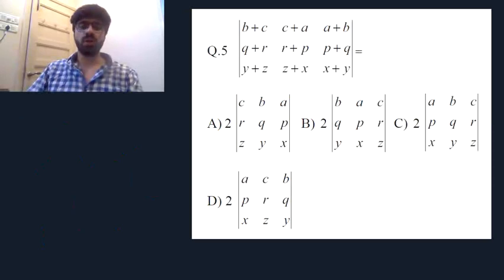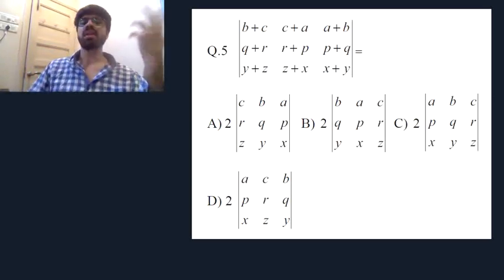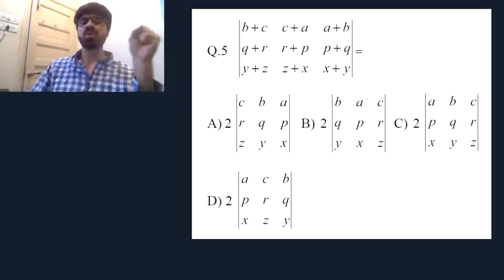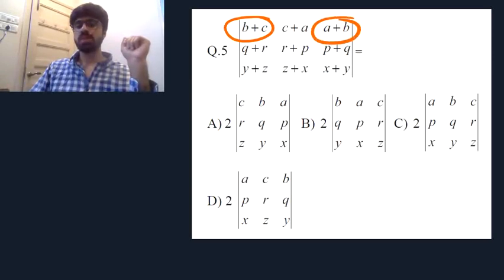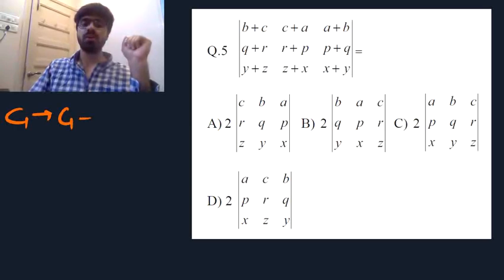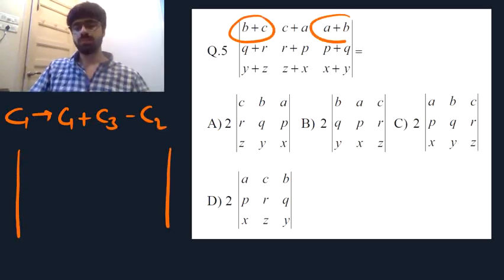Going ahead with the fifth one. This is an identical sum that you have solved in your exercise 4.2. In case you don't remember that, don't worry. We will be solving it fully in this video. So in this determinant, all you need to do is go for this plus this minus this. That is, I am asking you to go for C1 goes to C1 plus C3 minus C2. So that will give you the determinant as this plus this minus this. That will give you 2B.